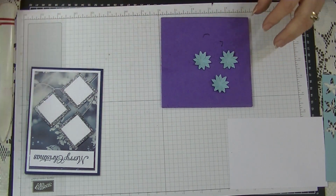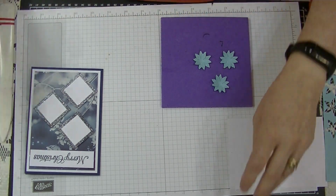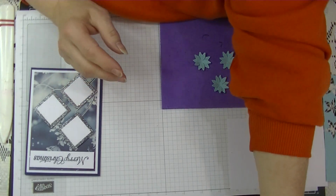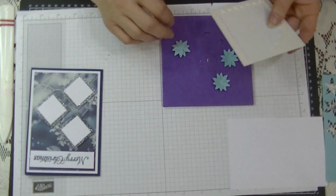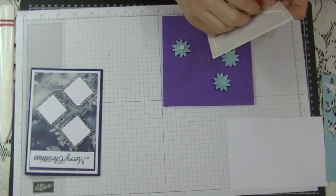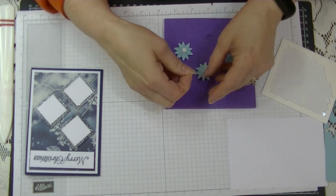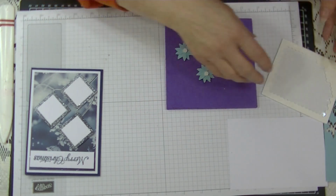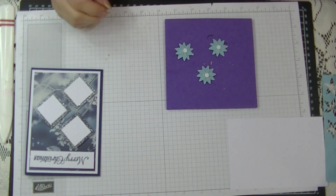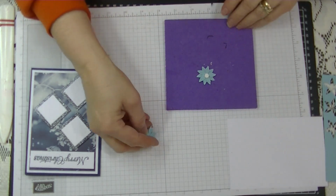And then I will glue those. Actually I won't, I'm going to use my mini dimensionals and pop them onto the back of these to pop them up, to give them that little bit more of a height. Turn them over, they look better putting them on the bottom than on the top. Okay, so that's our flowers,